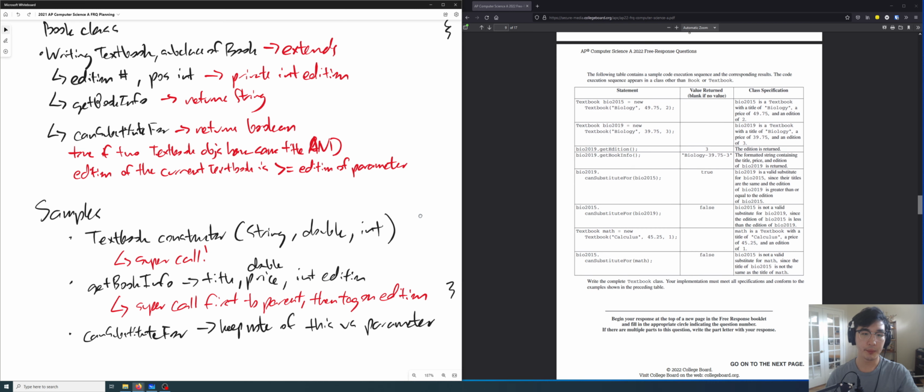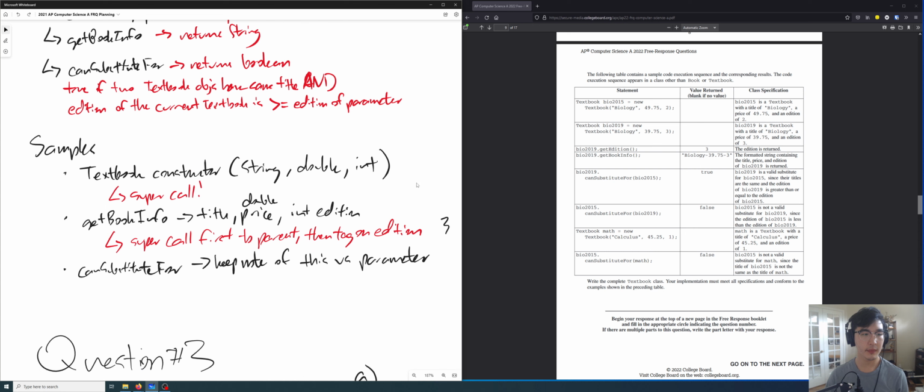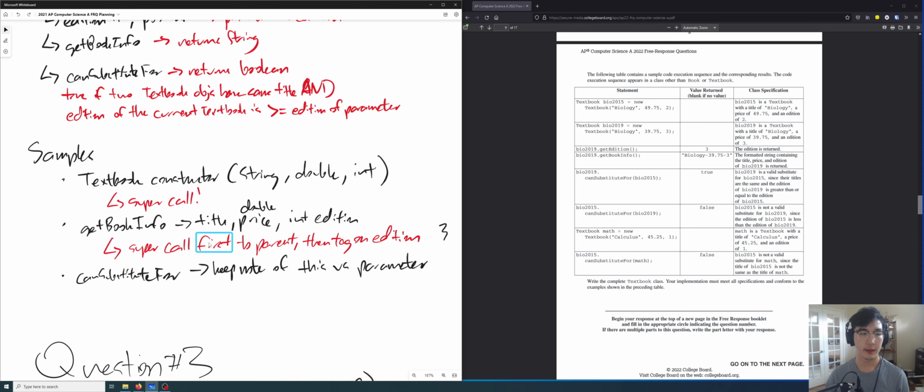Next, I noticed the get book info. Right here, get book info. I notice that returns a string, like I said up there. And the string is the title first, followed by a dash, followed by a price, followed by a dash, followed by addition. So how do I get that title and that price?